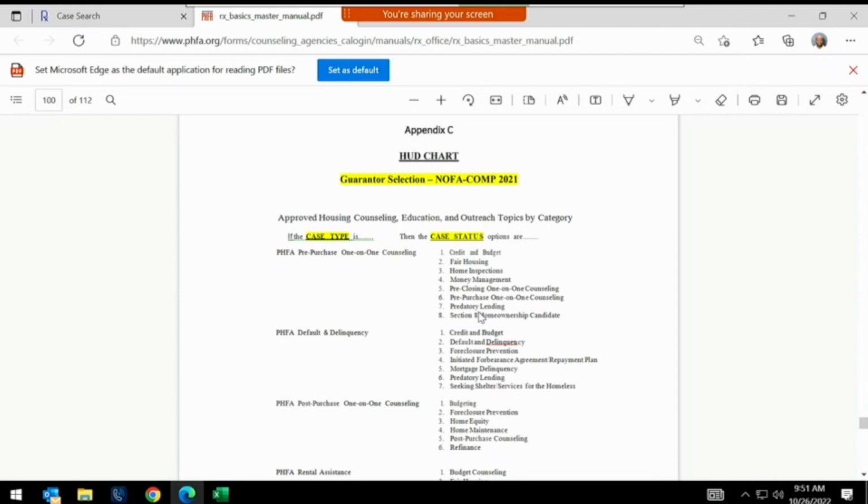So for example, if you're billing Mr. October to, if he's a pre-purchase client and you're billing him to HUD, your guarantor selection would be the NOFA comp, the particular year you're in. Case type would be PHFA pre-purchase one-on-one counseling. And then you can see you have several case statuses to select from based on the type of work you're